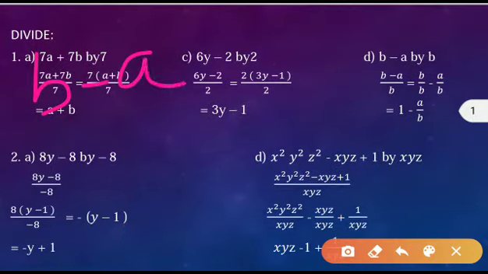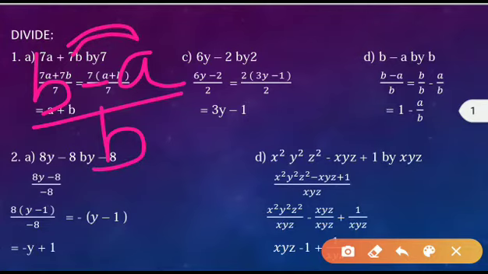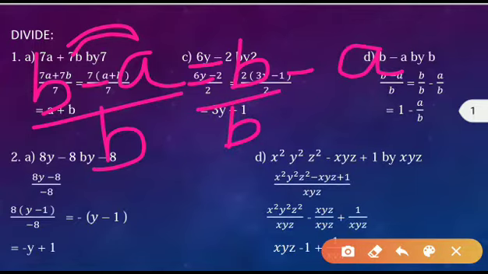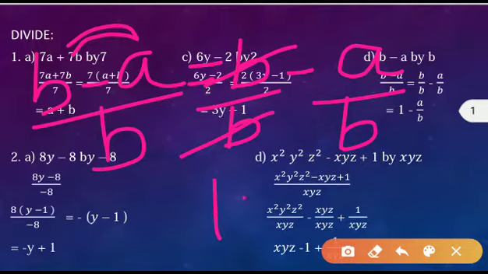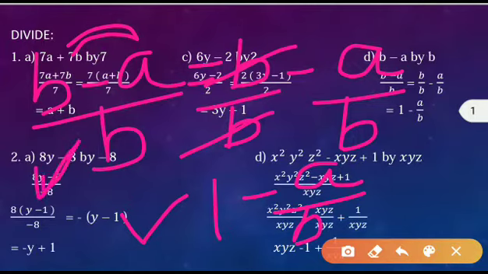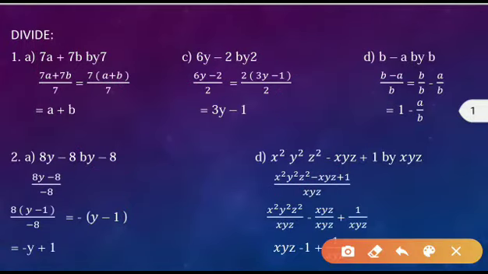So b minus a upon b is there. We can't subtract them because both are unlike terms. So write it b by b minus a by b. Split the denominators. Both b are same, so we can write it in this manner. Now this b and b will cancel and give you 1, and minus a upon b will be as it is, and this will be your answer. Don't try to take an LCM of this 1 minus a upon b because again you will get the question. This is your answer.